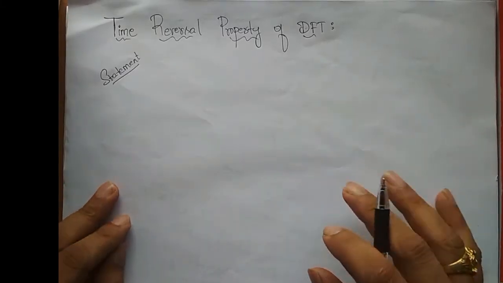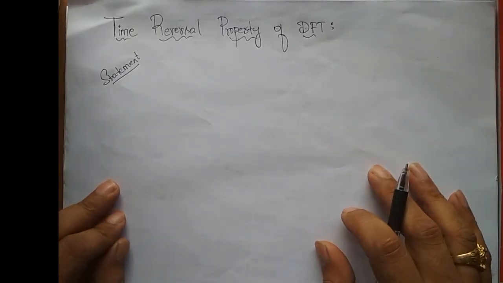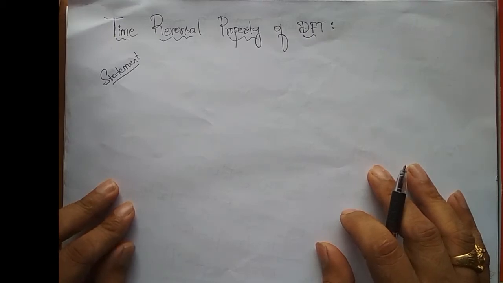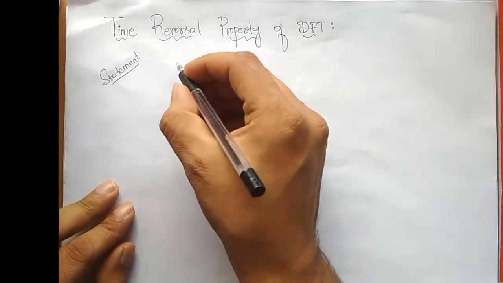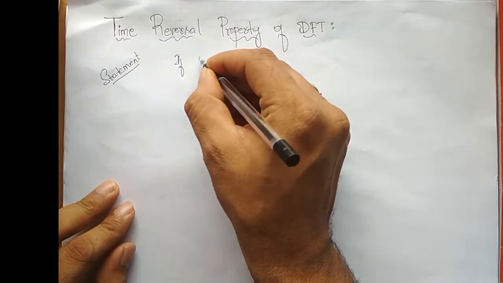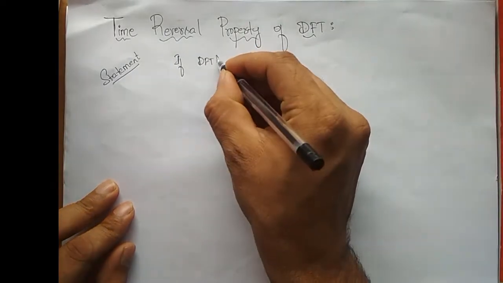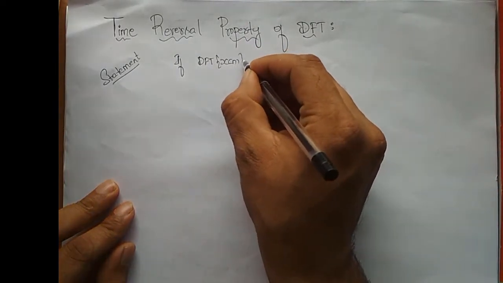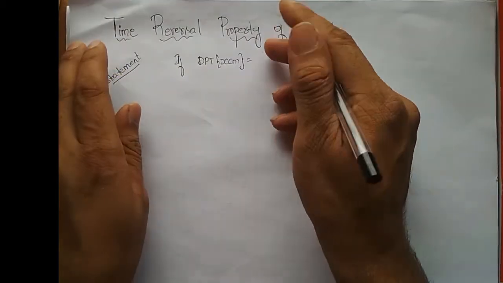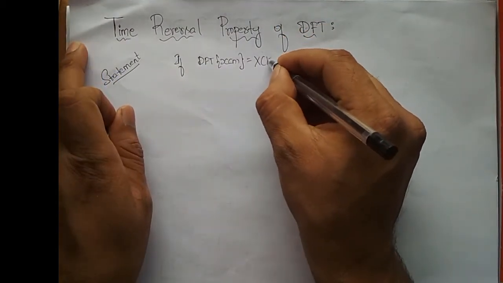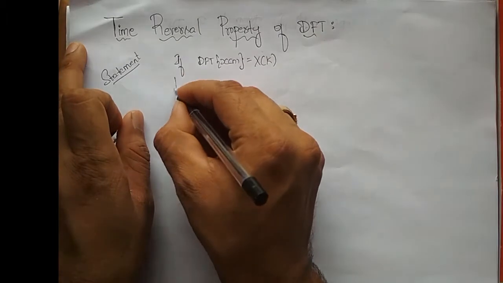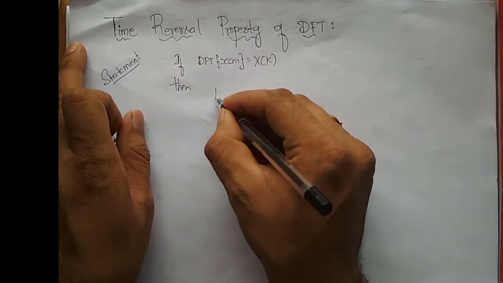In this lecture, we are going to prove the time reversal property of DFT, and the statement says that if DFT of x of n is equal to X of k, then